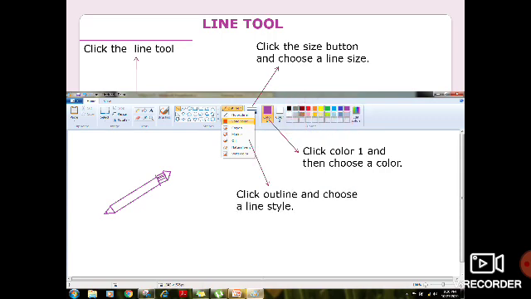After choosing the color, you have to select the outline and choose the line style. Which type of line do you want? That is no outline, solid color, crayon, marker, oil. Anything which you wish, you can select this and then draw any design or picture which you wish.